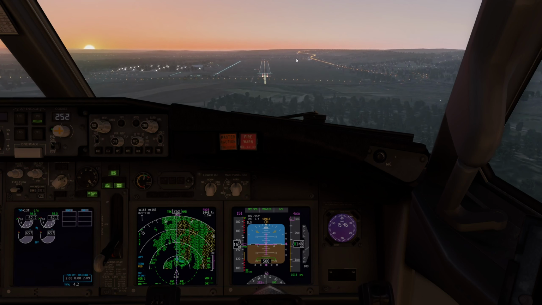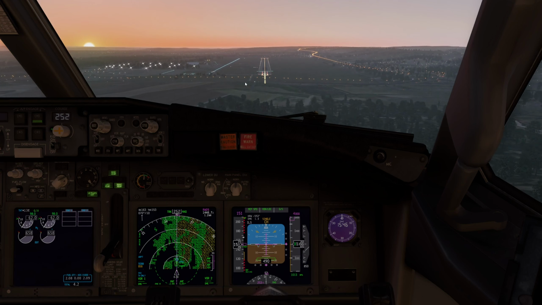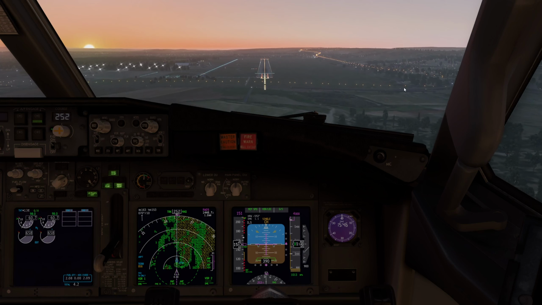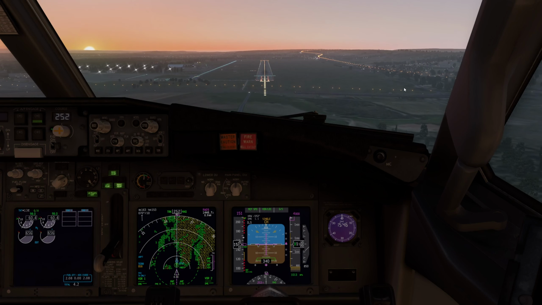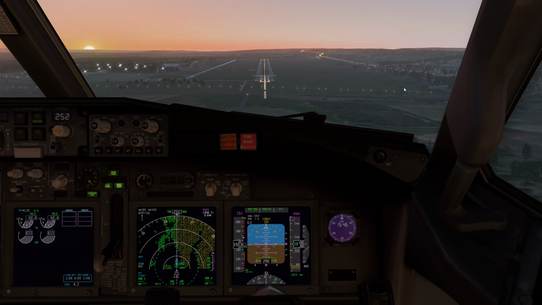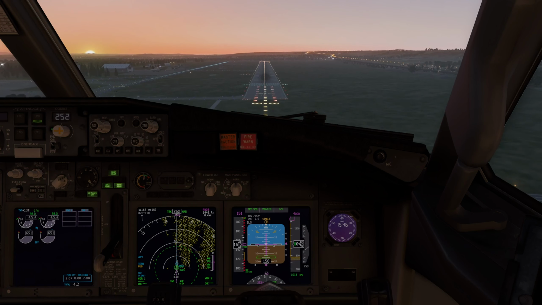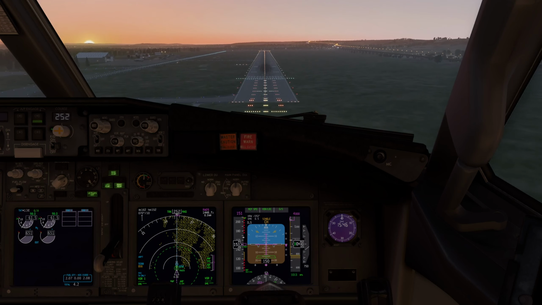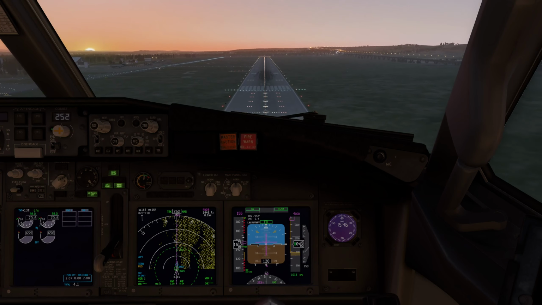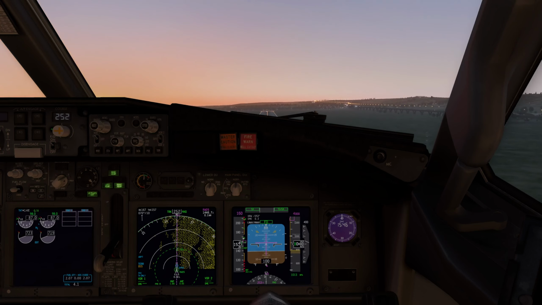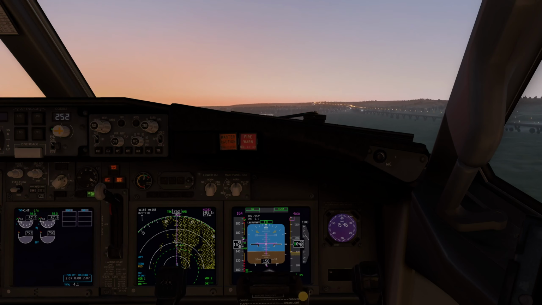So here we will simulate that we have traffic coming in front of us, and then, you know, we will have to go around, of course. So you follow me through and you will see. Initially we'll push TOGA, go-around, flaps 15, set go-around thrust. We start climbing, positive rate, gear up, and then, you know, we retract the flaps on schedule. So let's say that we have to go around, we push TOGA, go-around, flaps 15, set go-around thrust, positive rate, gear up,